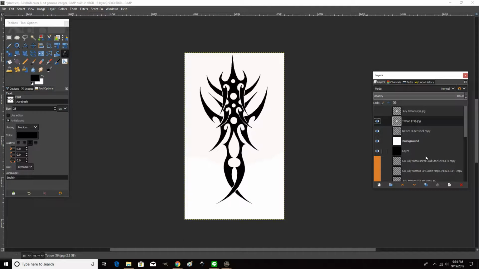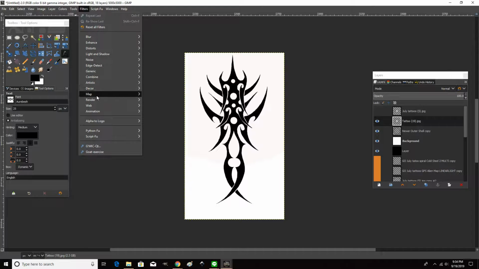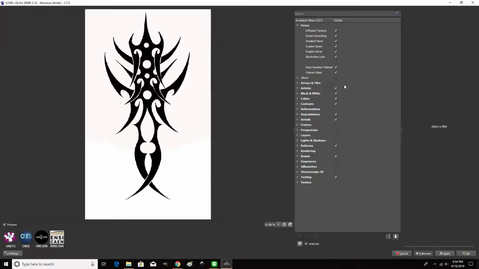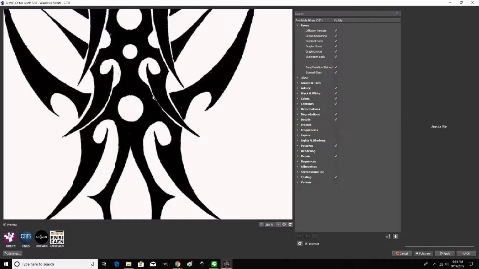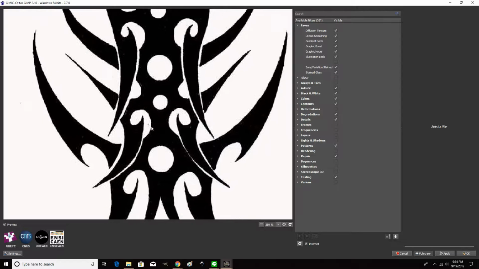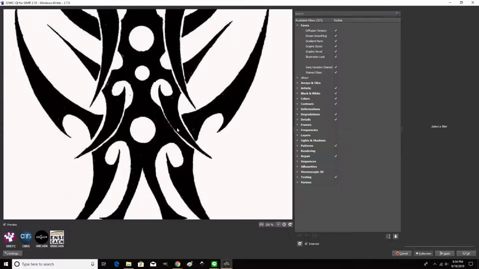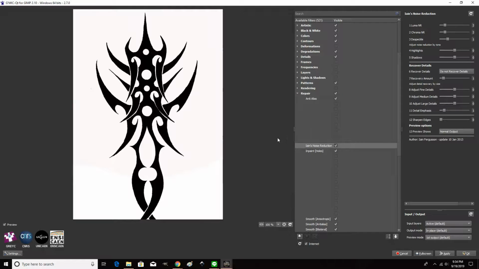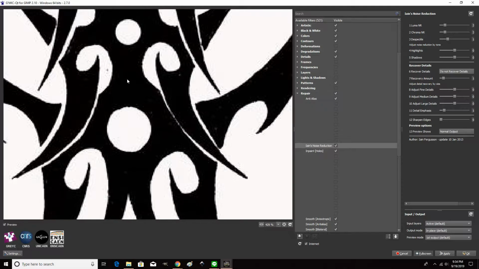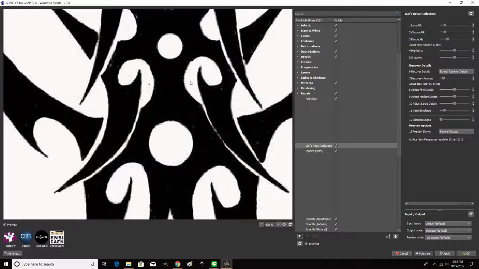And so there's a few filters that do a really good job of that in GIMP. So here it is. As you can see, it's not perfect. It's got some little specks and whatnot here. So what I usually do is I go into repair first off, and this noise reduction is real nice, because if you look, that's what it looked like a second ago, but this filter will make it look like that. So I want to apply that,